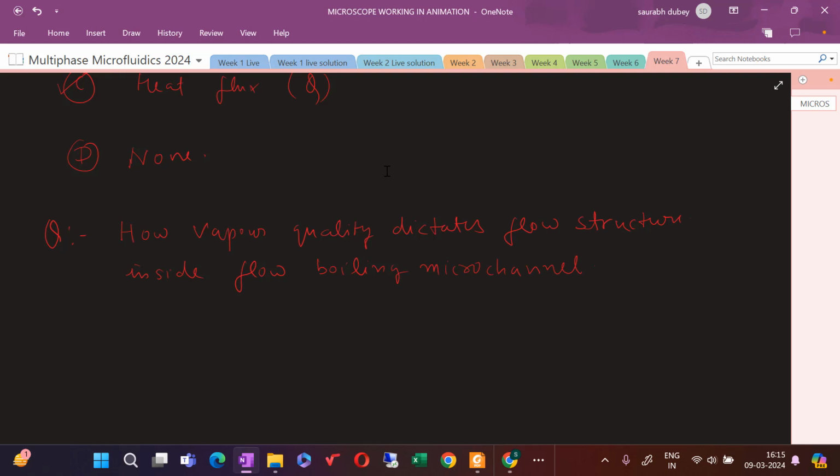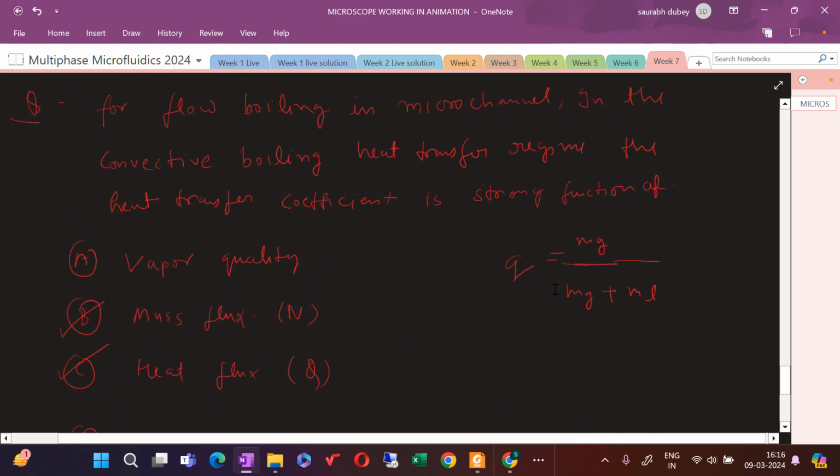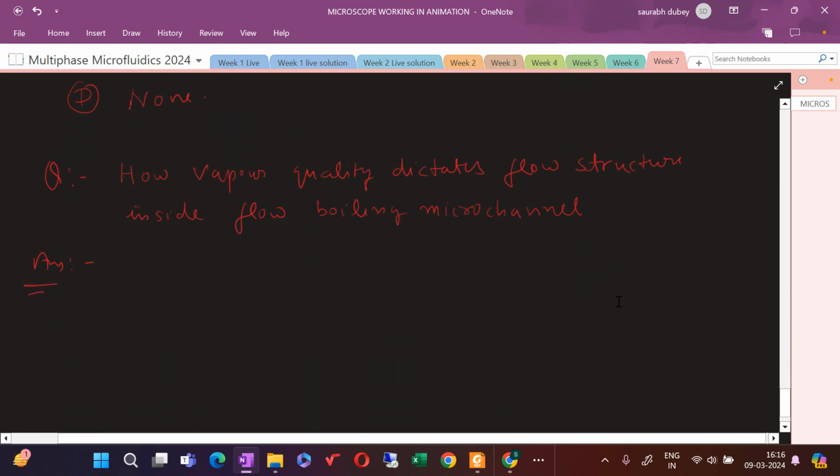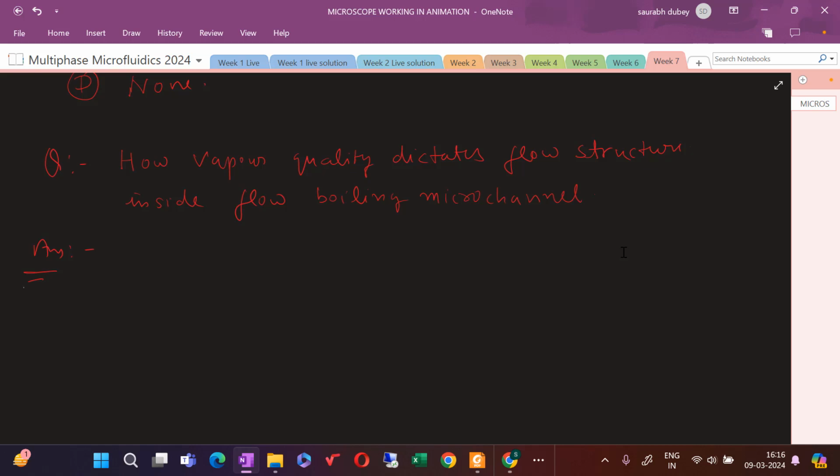So what could be the answer to this? Vapor quality is the one that we have already looked at: the mass of the vapor to the mass of the vapor plus the mass of the liquid. So how does that actually decide the flow morphology in the microfluidic channel? You look at this, and we will be